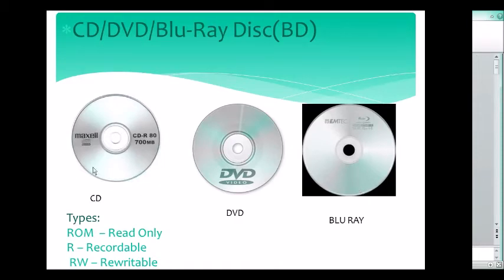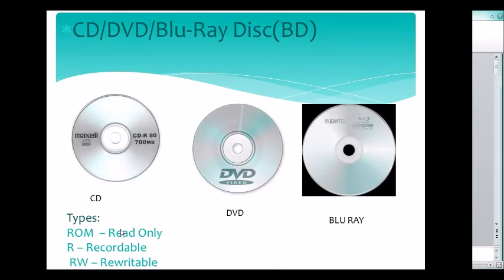Okay, so fine. We'll talk about the types of these discs. First one is CD-ROM. ROM stands for read only memory, as we talked about already, right? So CD-ROM means we are buying a CD from a shop, and if any movie is there, we can only read that movie, only watch that movie.